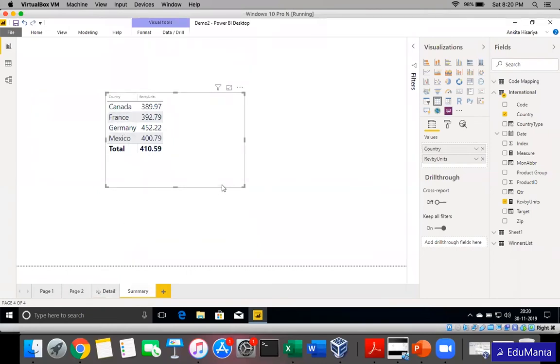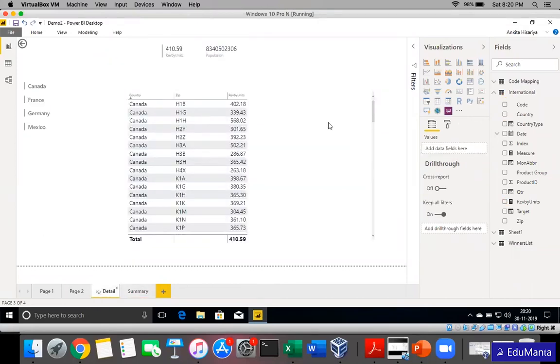How do we define a link between the summary and detail page? In the detail page, there's an option called drill through. Here we have to drag the field on the basis of which we will drill through to this page. So we want to drill through using the country value. Select the country, add to this section, the drill through filter.